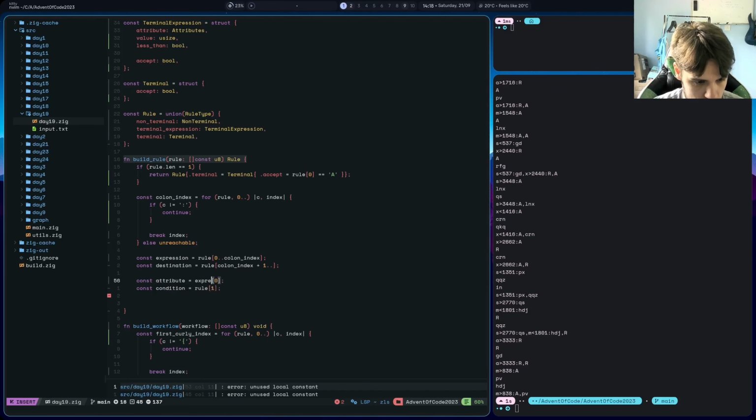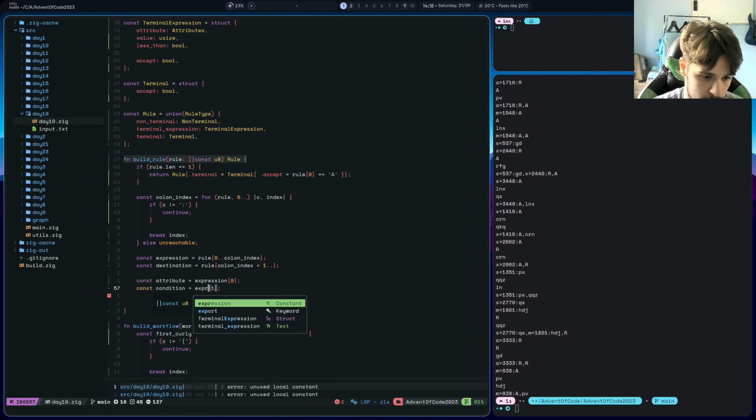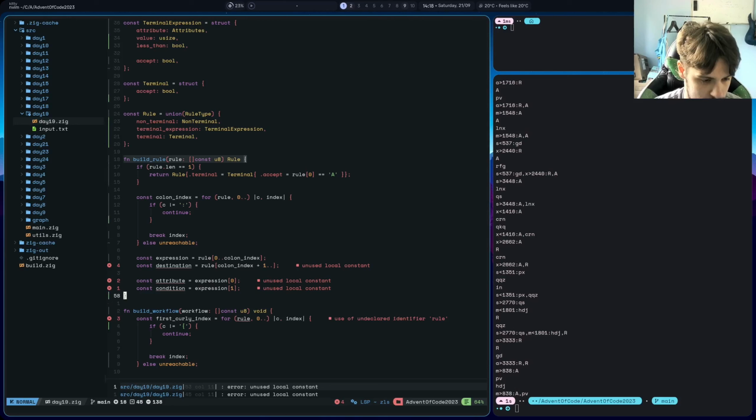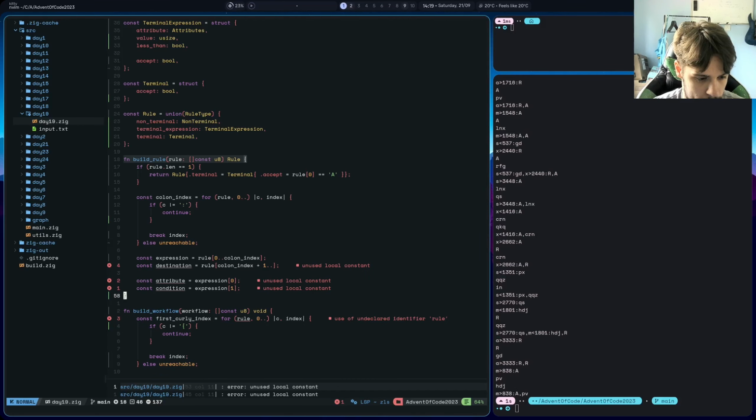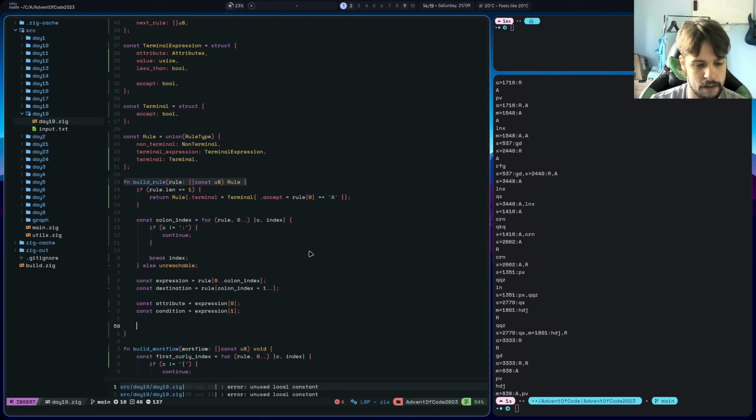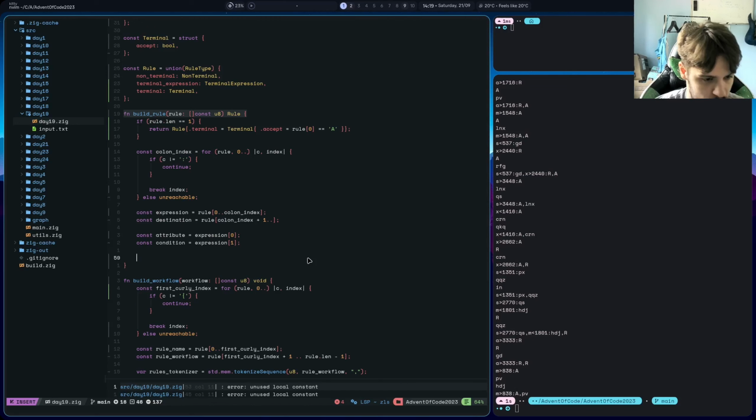And it's going to be expression. It can be either one, to be fair. It doesn't really matter. But expression, and let's just print. Let's make sure we have everything right. Oh no, I trust myself here. I trust it. Okay. So first thing we check is if the condition